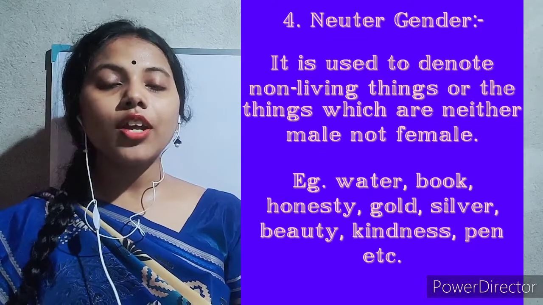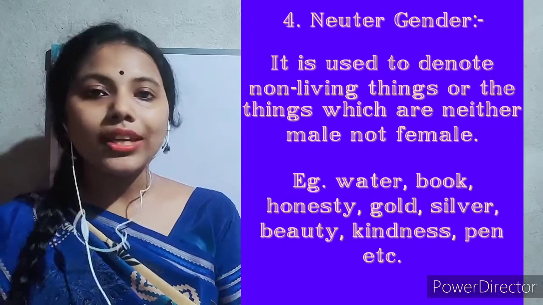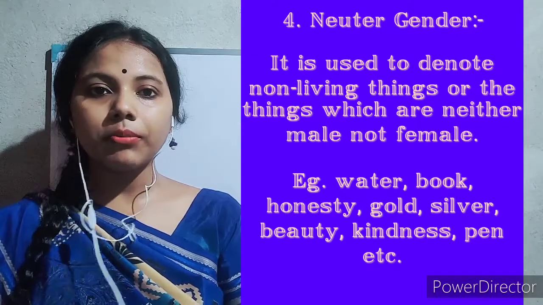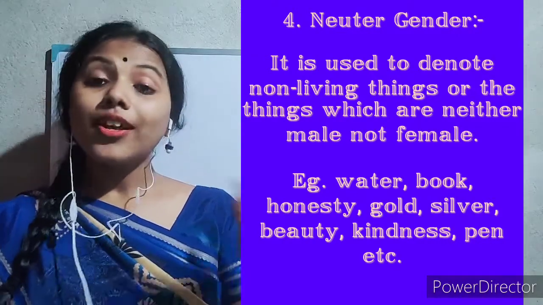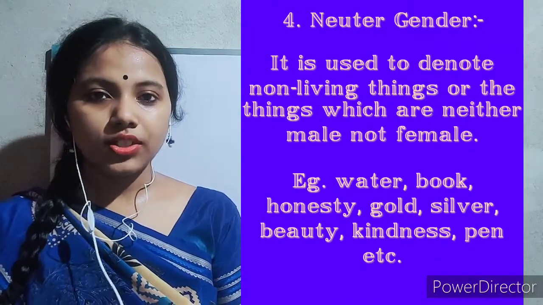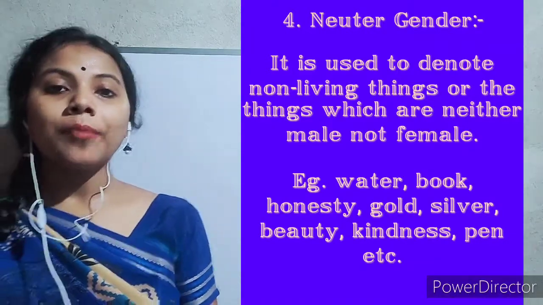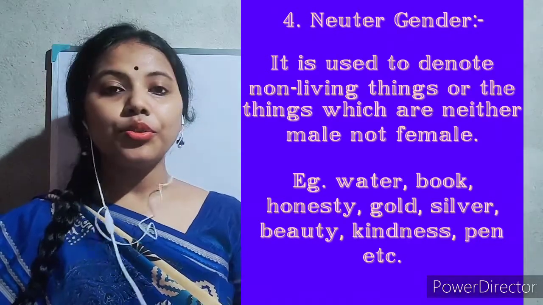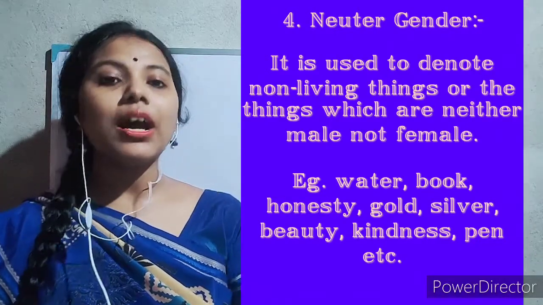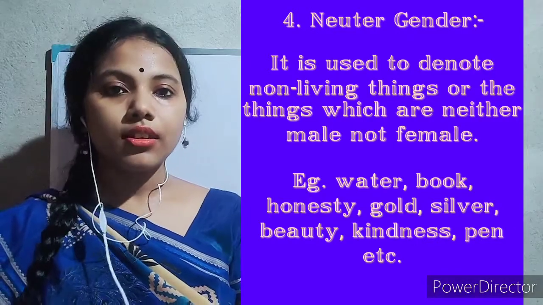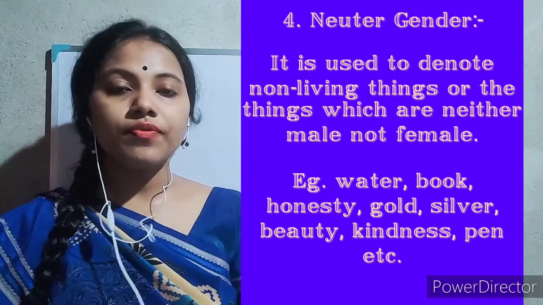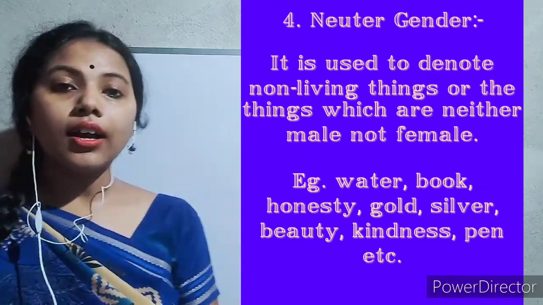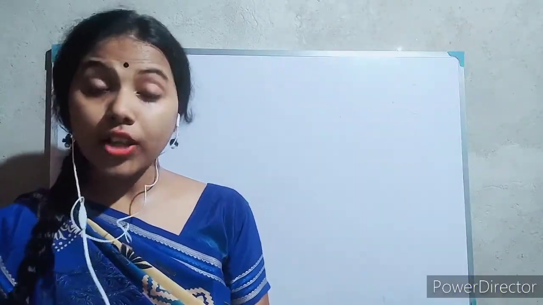In the matter of abstract noun, the same thing happens. When I say honesty, you say, is it possible to identify whether it is male or female? No, it is not possible. So it also comes under neuter gender. So in that way, neuter gender works. When it is not clearly understood, when it is actually not under any of the class, it is not male, it is not female, then it is neuter gender. So these are the 4 genders in English language.